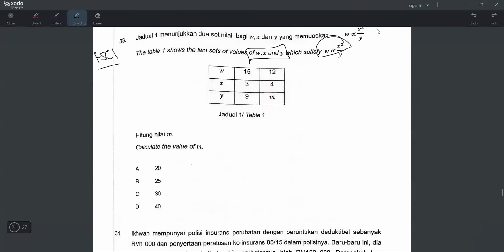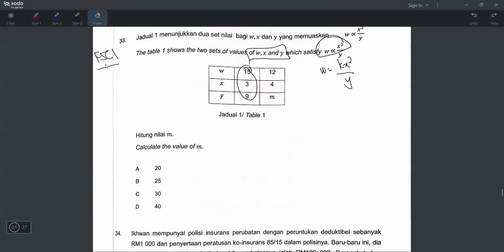Step 1 is already given. Step 2, change it to equals K, but the K has to be multiplied. So I can do it quickly and just write it on top, because when you multiply K with a fraction, it multiplies the top only. Now you have to find the K, but you need full info. What do I mean by full info? That means you need W, X and Y. All three must be there. If you only have W and X, you can't. It must have W, X, Y, all three. So does it give? It has here. Cannot take this, because this one has W and X but no Y. So cannot. You have to take the full information which is